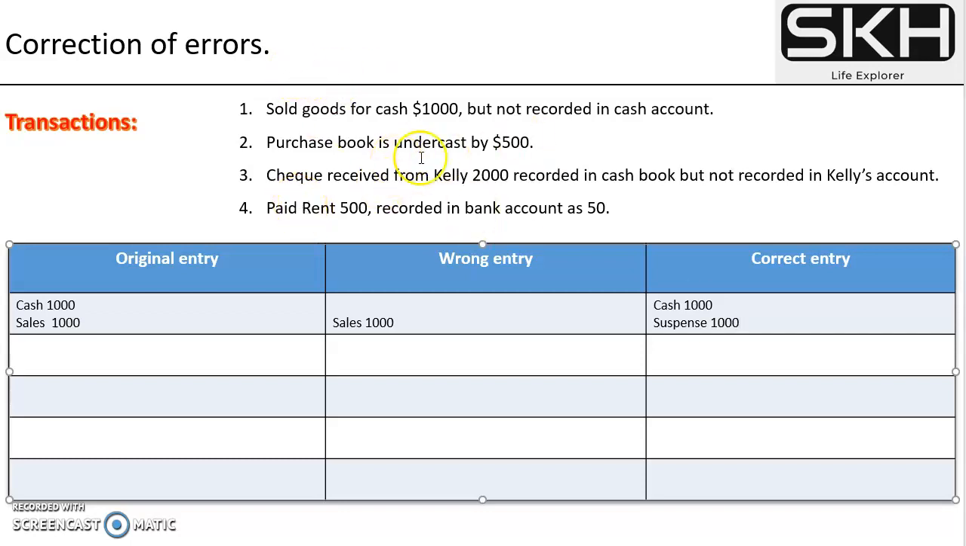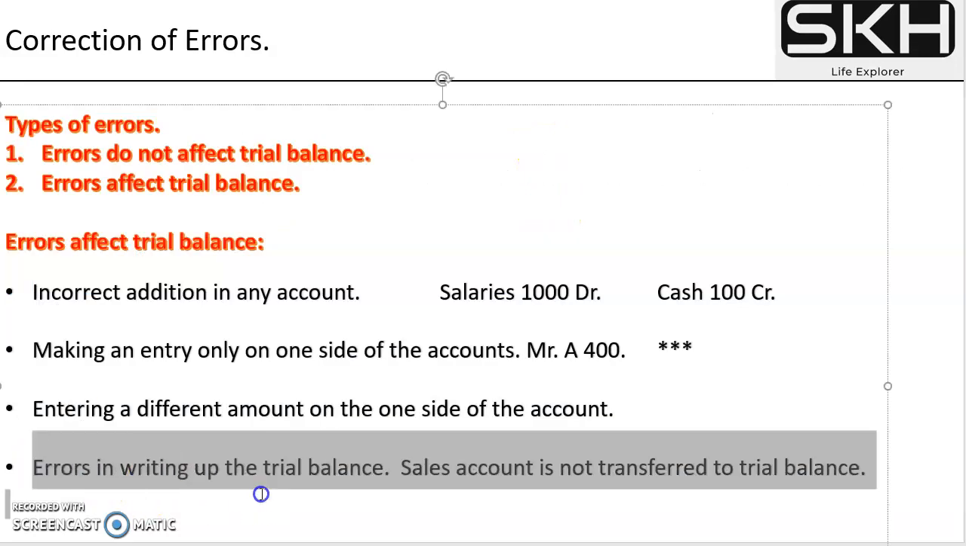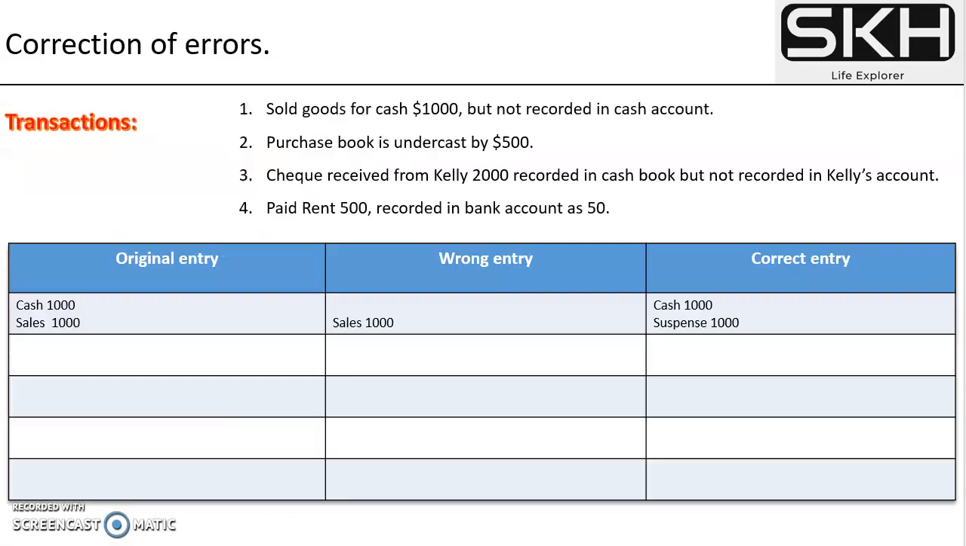Another example: the purchase book is undercast by 500. In this way, we cannot make any original entry or wrong entry. This is the type of error I talked about here. When we made the trial balance, we made that mistake. So the purchase book is undercast by 500, which means we have written purchases less by 500. To make it correct, we have to debit purchases by 500, because purchases is always debit. As we don't have any other account, I will write suspense account